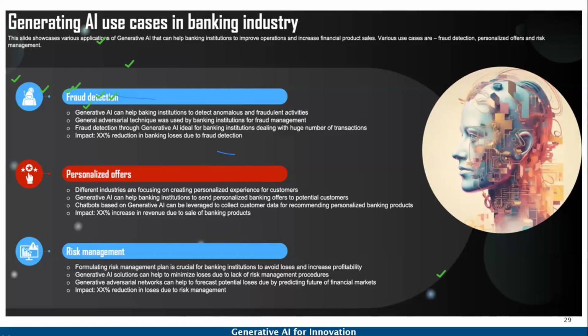And by embracing generative AI in banking, it can bring operational excellence and drive sales growth in their financial product offerings, right? So like that also it can work better, right? And not only that, we can also